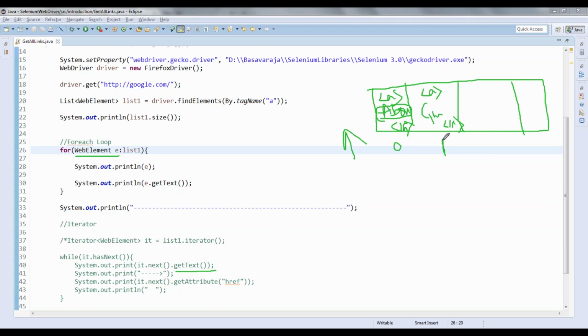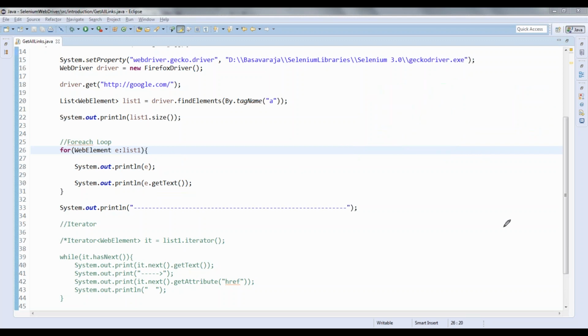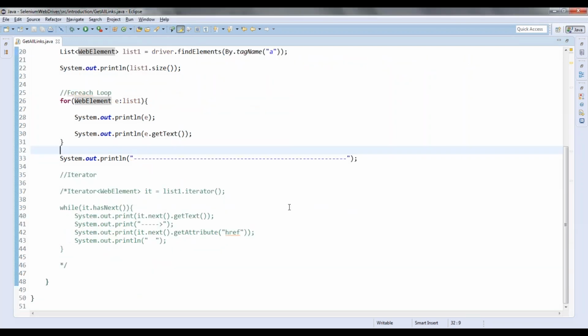If I want to get the text of this Gmail, I am using the same thing. Means it's a loop. If I give it one time, every time it goes to that particular element, it tries to find that text between the two tags. That is the get text method. So is it clear?